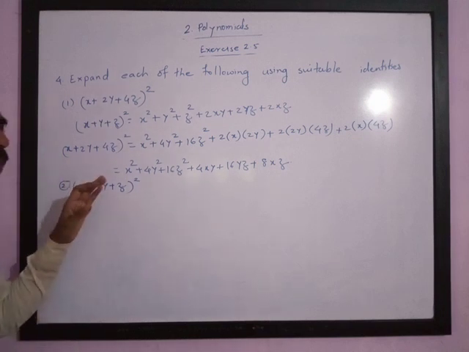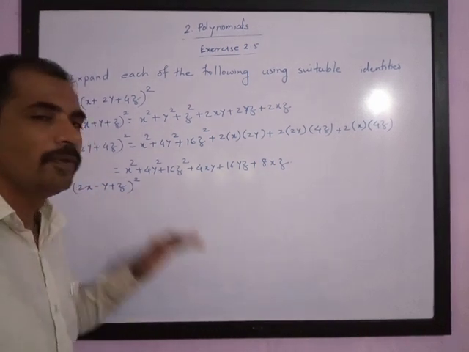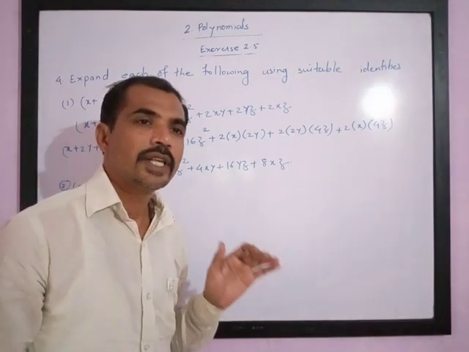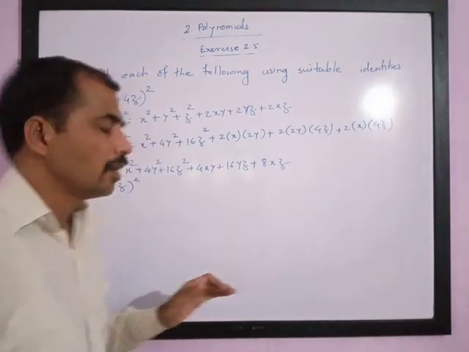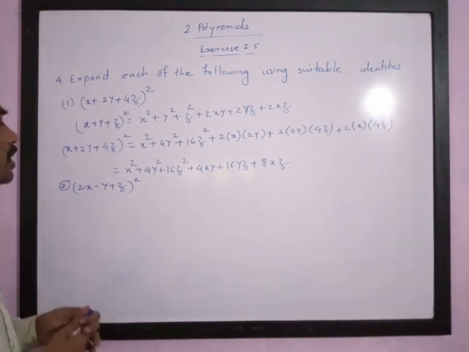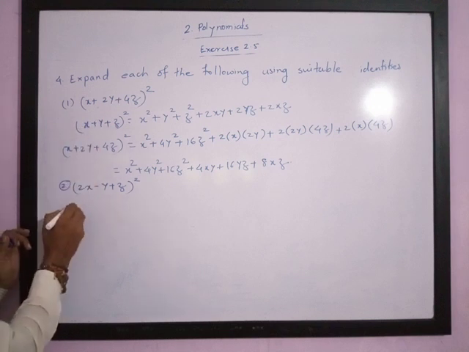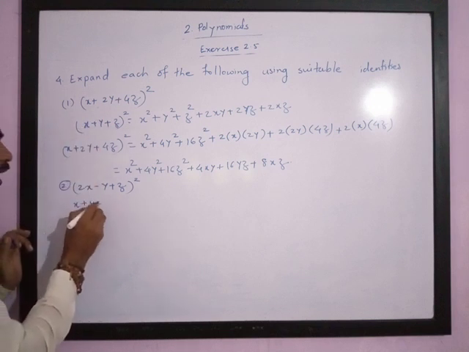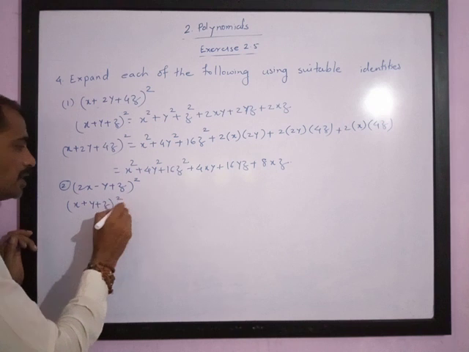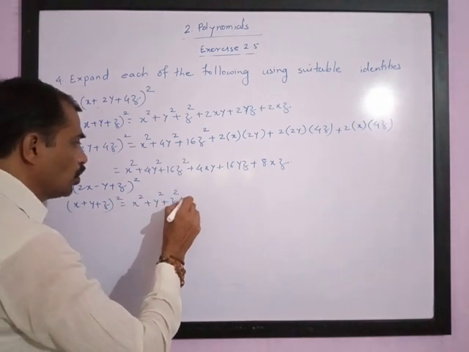Students, next problems are similar problems. You can pause the video, solve before me and check whether you are getting the same answers or not. So here, second problem is (2x minus y plus z) whole square. Here also again three terms are there, so we have to use the same formula or same identity. (x plus y plus z) whole square is equal to x square plus y square plus z square plus 2xy